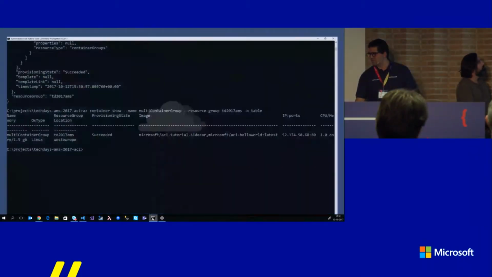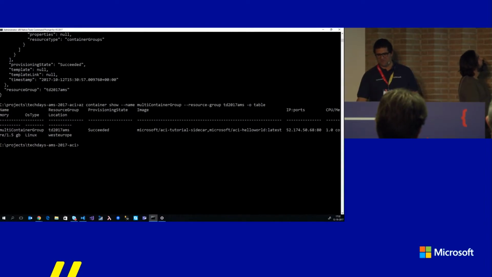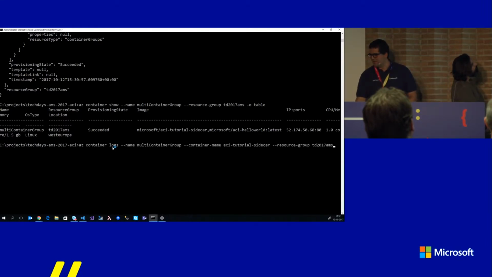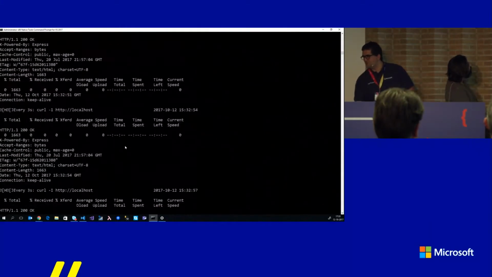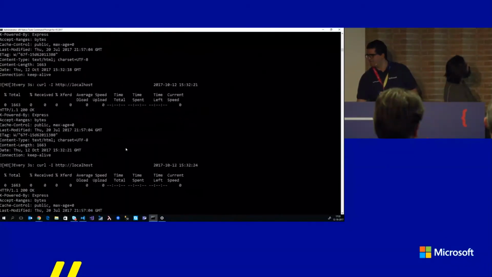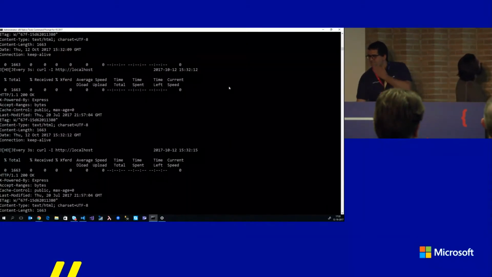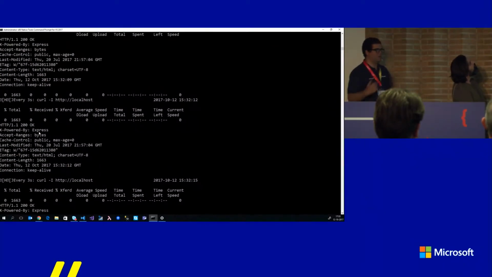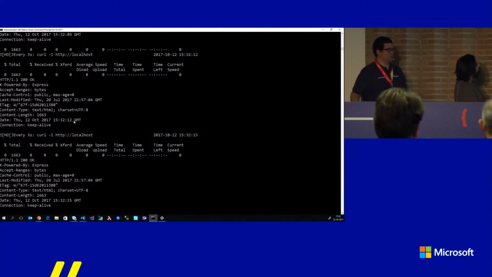So I would like also to show you what this ACI tutorial app, this really simple Node.js app, is doing, but let's check what the other container is doing. So I'm just going to grab the command here, paste it, and, well, need to scroll up a little bit because it's been running for some time now, and it's outputting a lot of logs. But as you can see, it's essentially hitting a curl on the other guy every 3 seconds. So yeah, that's what it's doing. So you see these 2 containers talking to each other, basically.